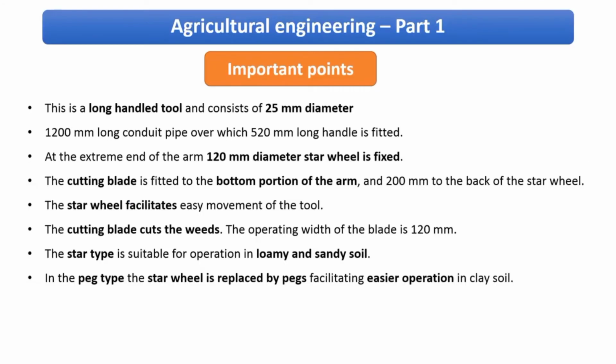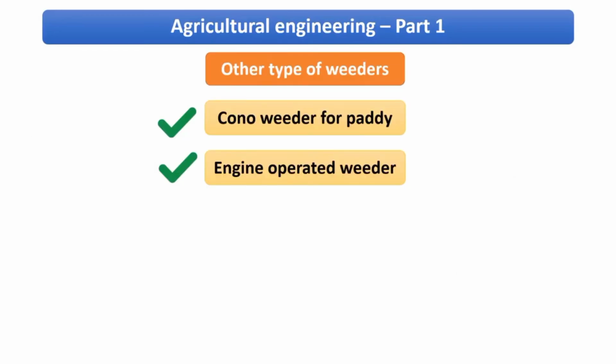So some of the important points are explained here about the types that we were discussing in the previous section. You can just pause the video and have a look at these important points, because these are the same things that we have been discussing till now. So friends, there can be other types of weeders as well. Till now we have seen weeding equipment like the hand hoe, right? We also saw long handle weeders, which are also known as dry weeders. We had also seen that there can be two types under it: one is a peg type and the other is a star wheel type, right?